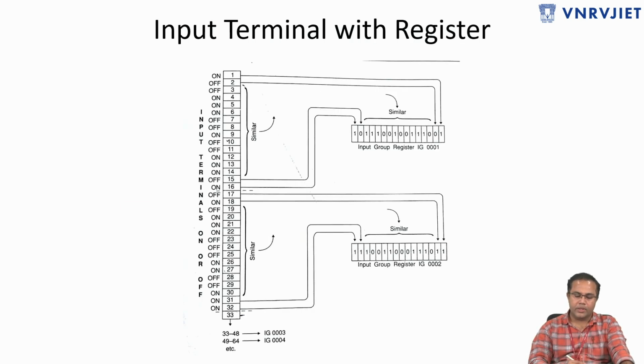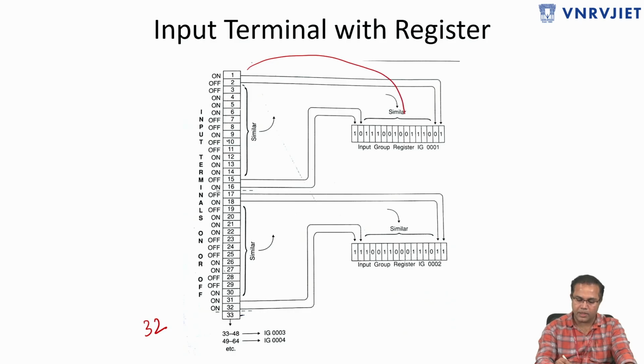Okay. Now here we can see the input terminal, the physical terminal, along with the register format. Now here there are about 16, total 32 terminals. Okay, so 32 terminals are available, each with a status like on and off. Okay, now these statuses are stored in a 16-bit register, where each bit, 1 and 0, these binary bits,